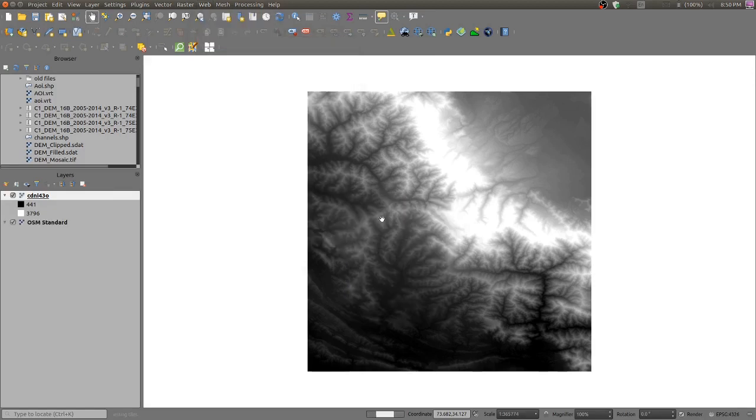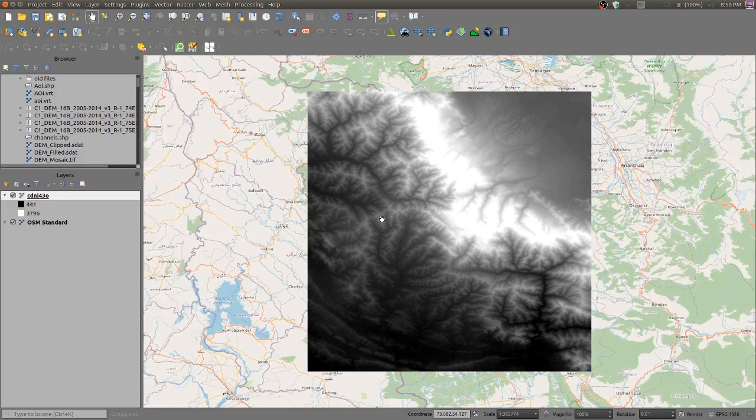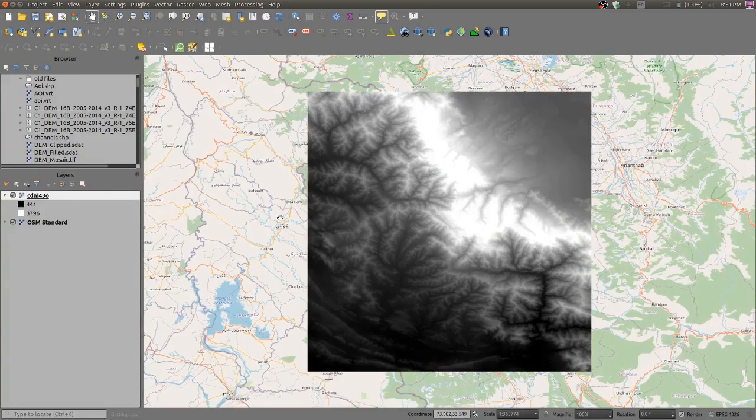Click on this, and you will be given this OpenStreetMap. So this is the map, and you can see it is falling on that area in the OpenStreetMap.